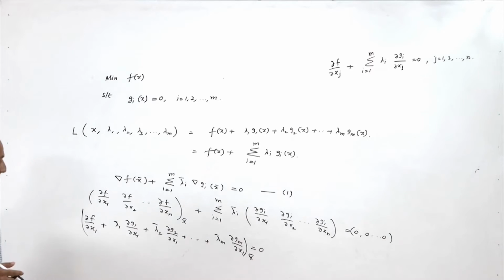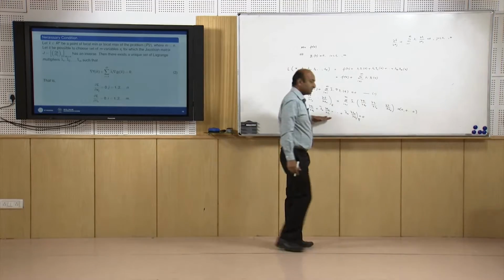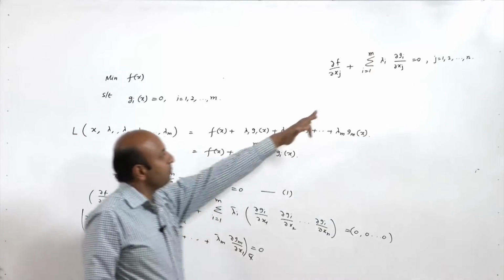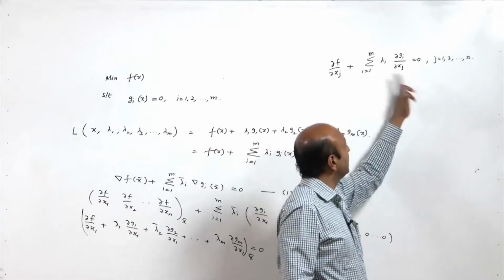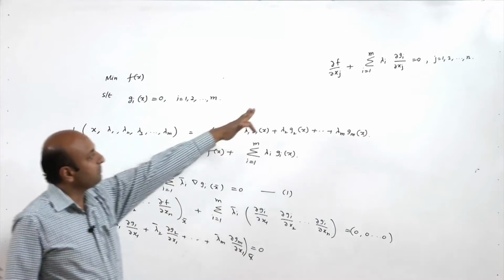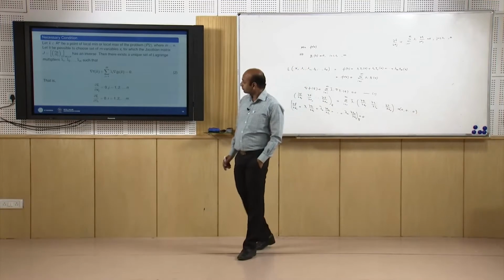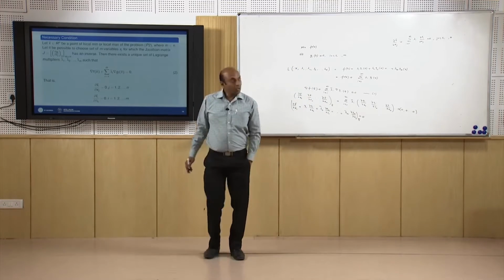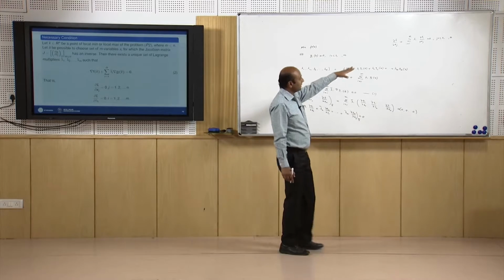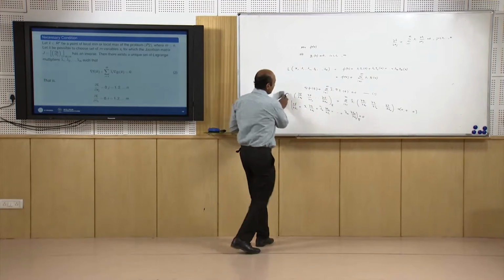Because the same will hold for i, j equal to 1, that is the first condition. The same will hold when you put j equal to 2, that is the second condition from here. And similarly, the same will hold for j equal to n. Or the same conditions can be obtained from the Lagrange function itself.